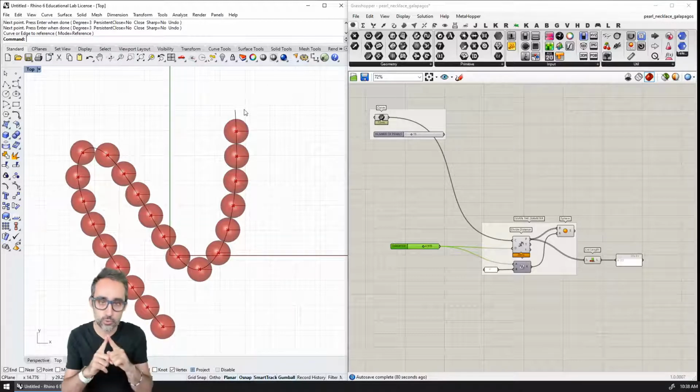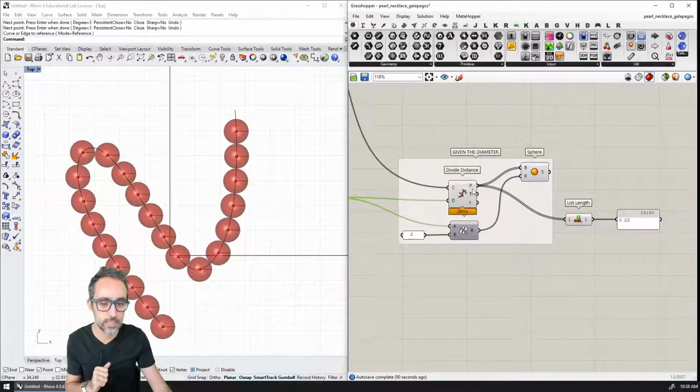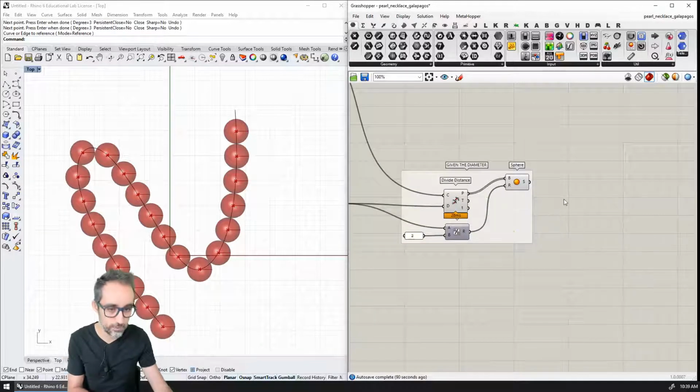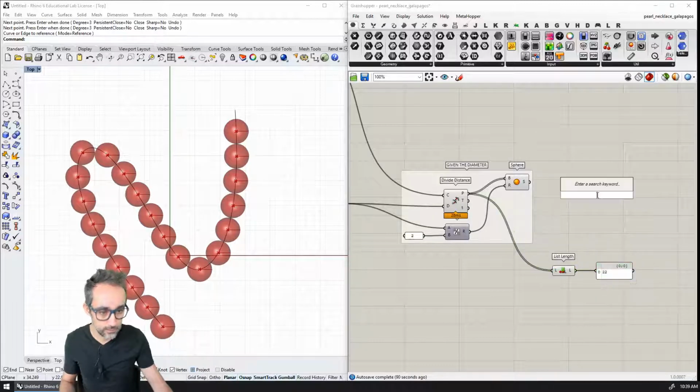I'm not going to do Euclidean distance. Well, let me do Euclidean distance to start with. So the thing that I would do is I would take this list of points. I would take the last point of this list. So I would say, for example, let me do